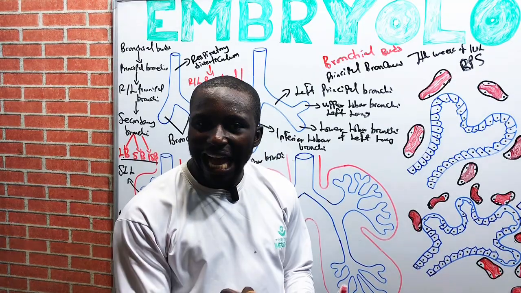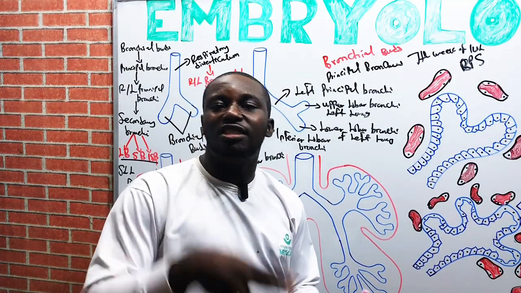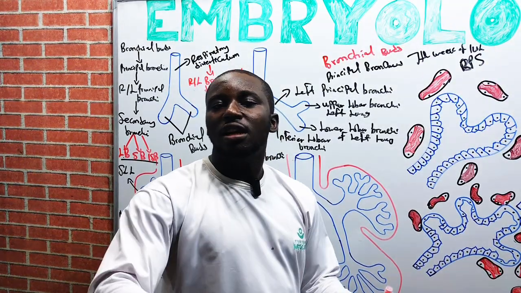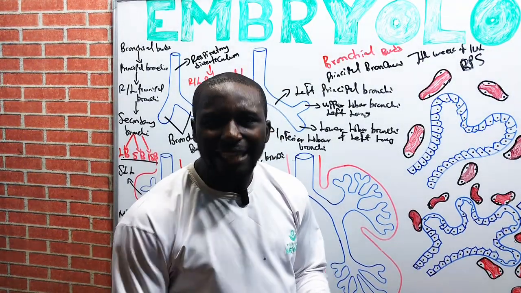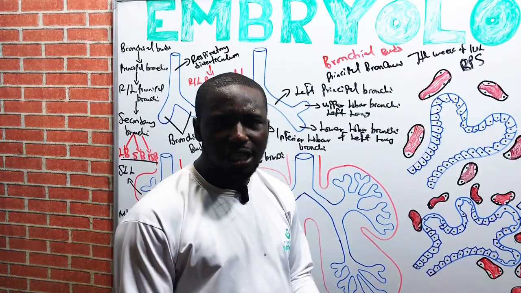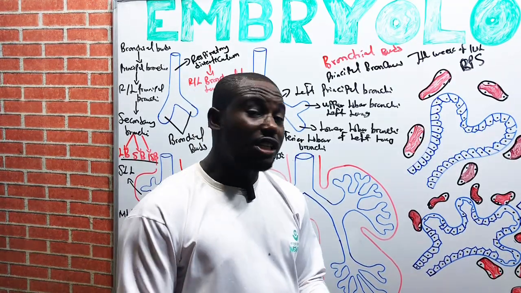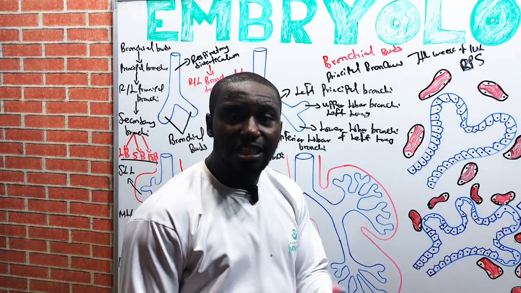Recall that the alveoli is where gaseous exchange occurs, because there is presence of the type 1 pneumocyte and type 2 pneumocyte. As we proceed, we'll get to discuss these cells, which are responsible for gaseous exchange and secretion